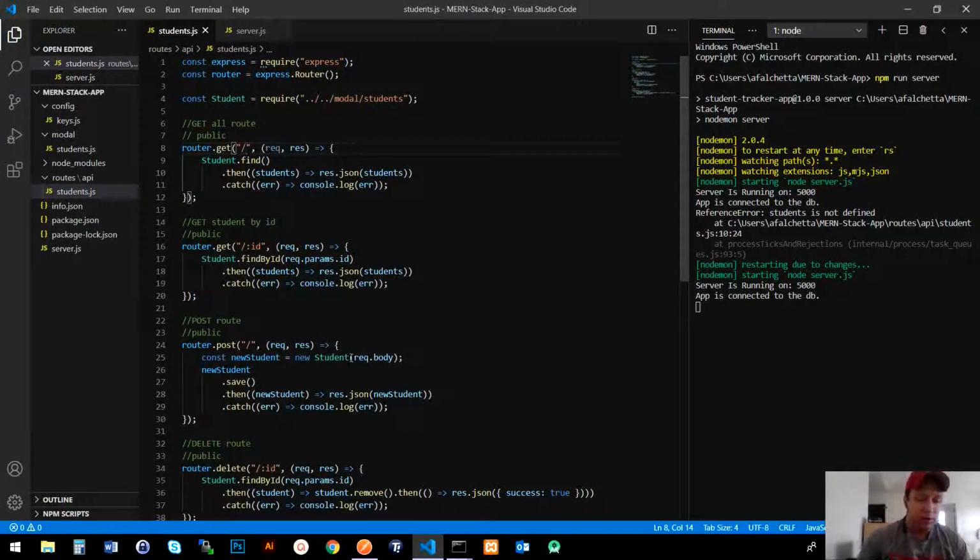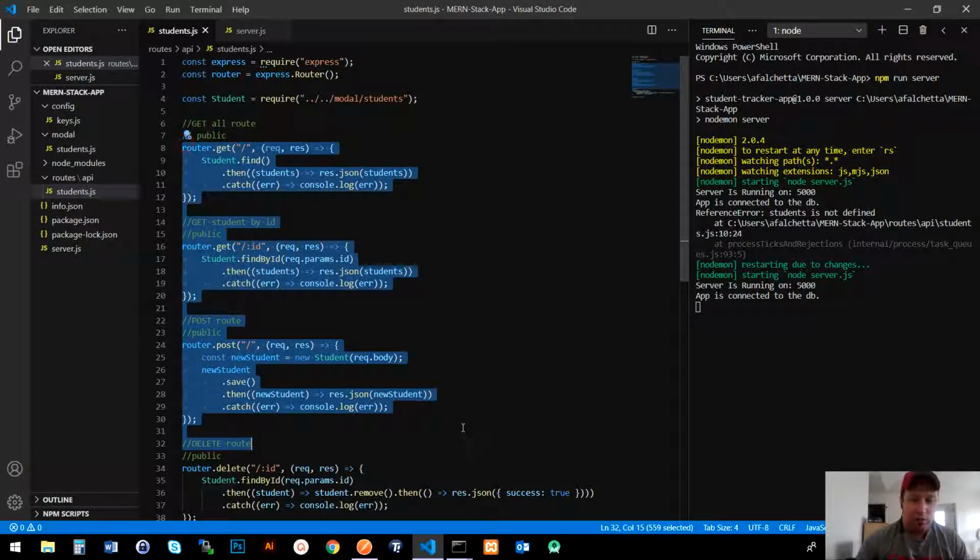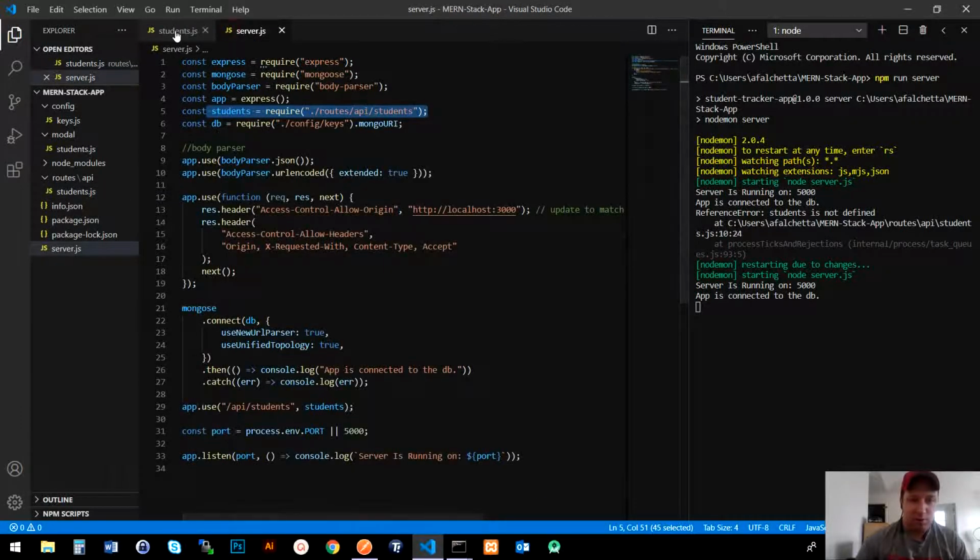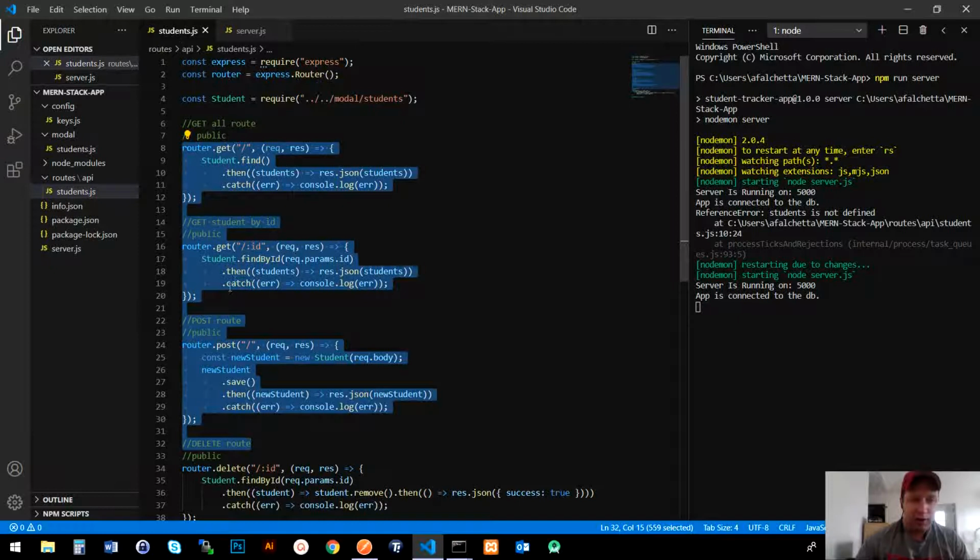It's basically a cleaner way to do it, because you wouldn't want to have all these routes stuck in your server.js file, especially when you add something like authentication where you're getting users. If you had a user registration form and login, you would have a whole other set of routes for that, for someone to register as a user. And then it will go in here, probably routes. But anyway, I might add that to this project at a later date. But right now we're just doing the basics of it. Anyway, so